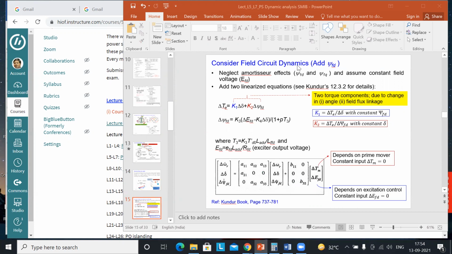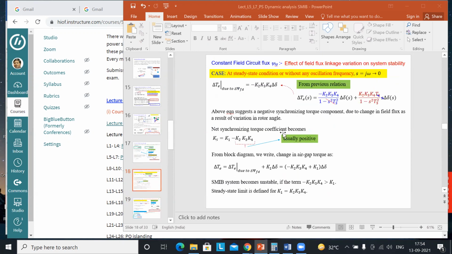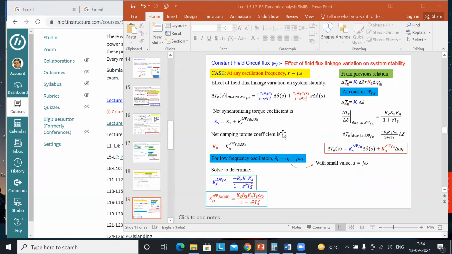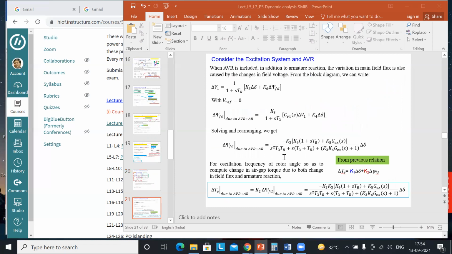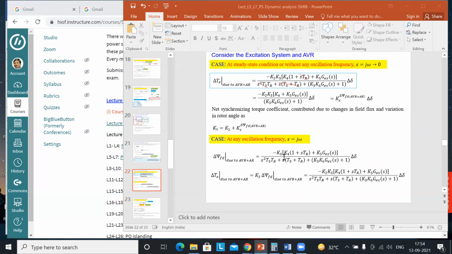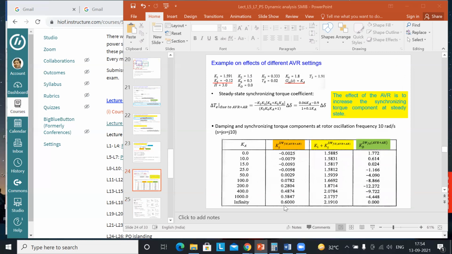So the equation development in terms of including the field circuit, and then the complete model with the excitation and AVR in the SMIB. And then I was discussing about the stable. So in fact, I'm not sure, because with the last discussion,